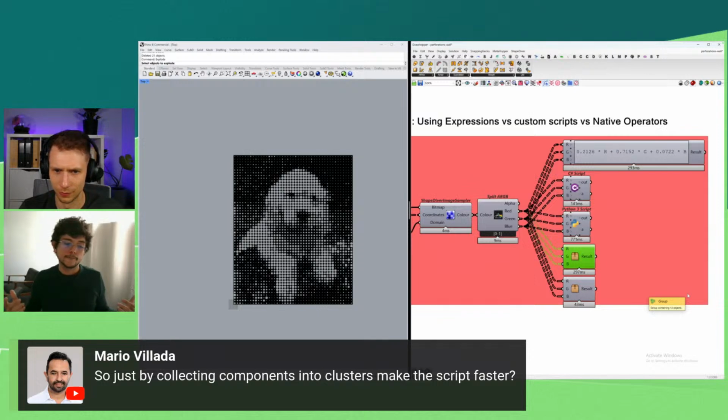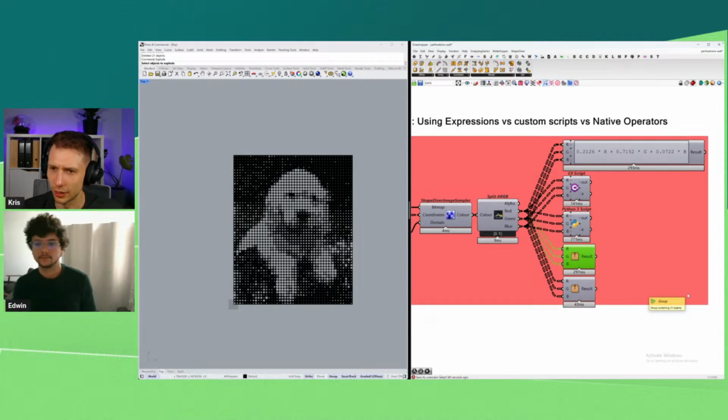But you also have to decide when it makes sense to use clusters and when it makes sense to use data trees, because sometimes people think clusters are a way around data trees, and no, you should use data trees always. The only reason I would use clusters is if I want to use this function in completely different use cases inside my same definition. If it's the same use case, if I'm just looping through the same thing, I use data trees. Yeah, I think this is a great answer for this question.